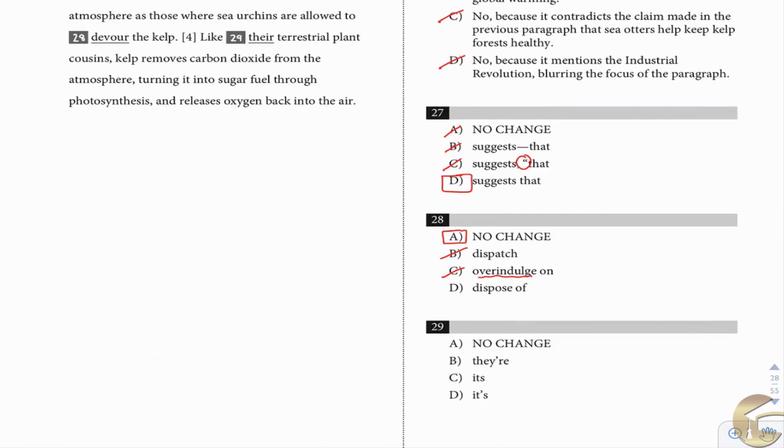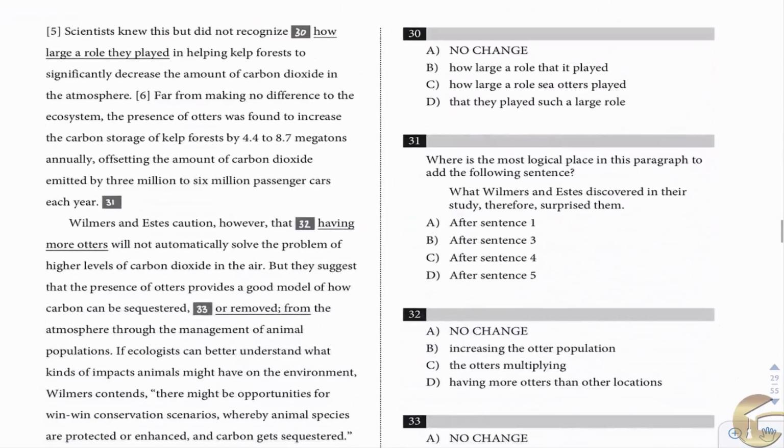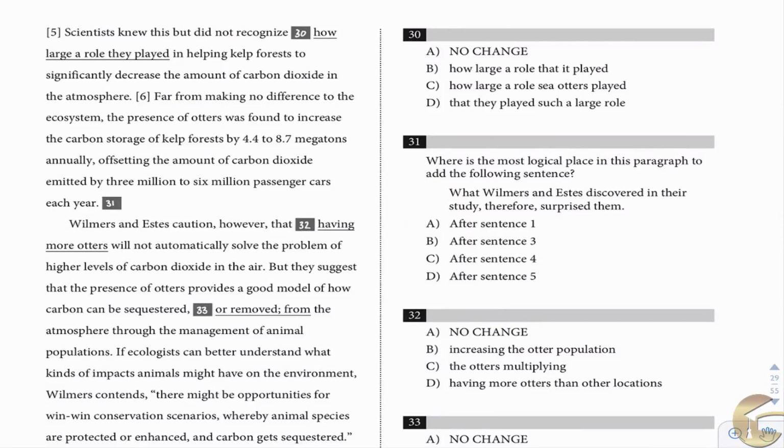29, like their terrestrial plant cousins. Here we're talking about kelp. And you have to understand when you're dealing with the word kelp, it's a collective noun. So it should be singular, so it's not going to be A or B. With an apostrophe, you can think of it like it is, which wouldn't fit here either. So like it is terrestrial plant cousins would not fit. So in this case, 29 should be C. It's singular. It goes with kelp, the collective noun kelp, singular, it's. So that's 29. 30. Just again, we're looking at the sentence and seeing what the best version of the sentence is